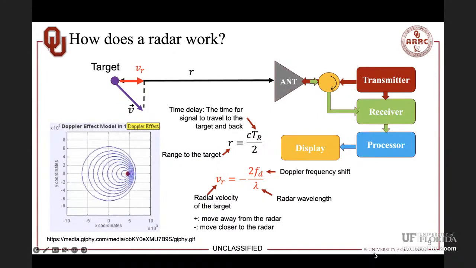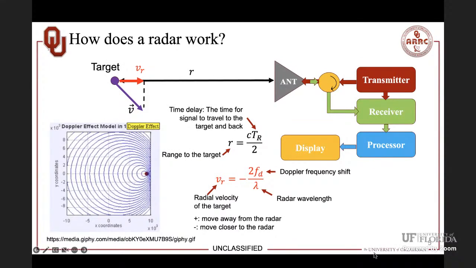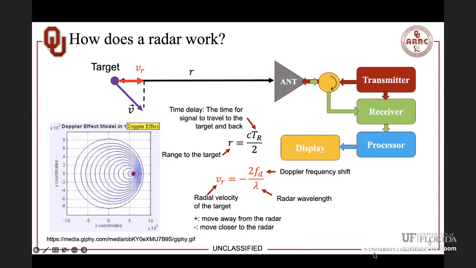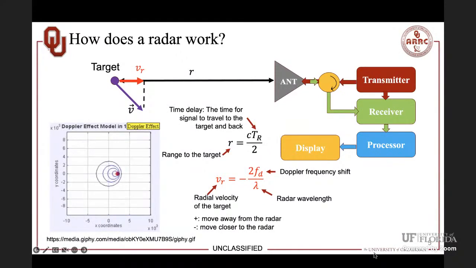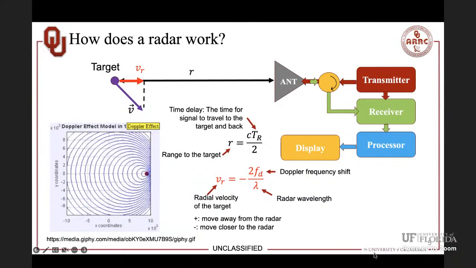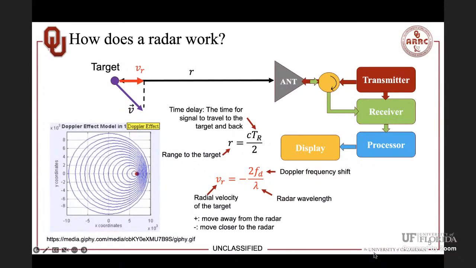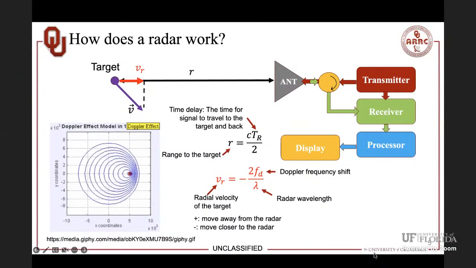This one we call radial velocity. We use VR, and this VR is related to the Doppler frequency shift that can be measured by the radar and what the radar wavelength is using. So that's kind of the basic idea. The range is based on the time delay, and the velocity, radial velocity specifically, is measured by the